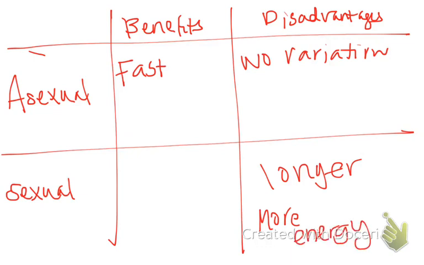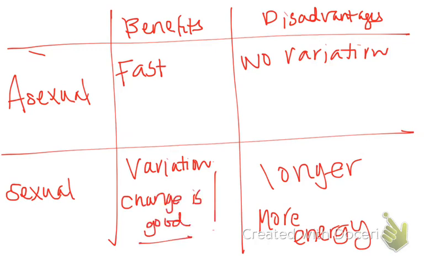With sexual reproduction, the benefit is that there's variation. Change is good. Variation in DNA is very good. Very, very, very good. Okay, so make sure you know this table tomorrow and the words at the top: heredity,